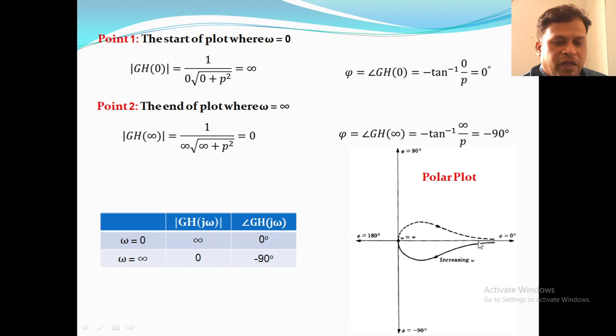So, the plot will be in this fashion, increasing and decreasing order, that is, phi is equal to 0, you will be having increasing order where omega is equal to infinity, and again coming back to phi equal to 0 degrees. Okay. So, it is touching the minus 90 part also. Why? Because we have got the phase as minus 90 also, we have to mention here minus 90, and the 0 means again the 0 axis will be touched like this. So, we are drawing the polar plot here; as the value of 180 degrees is not mentioned, or we didn't get the value, we are not crossing this left hand side axis.